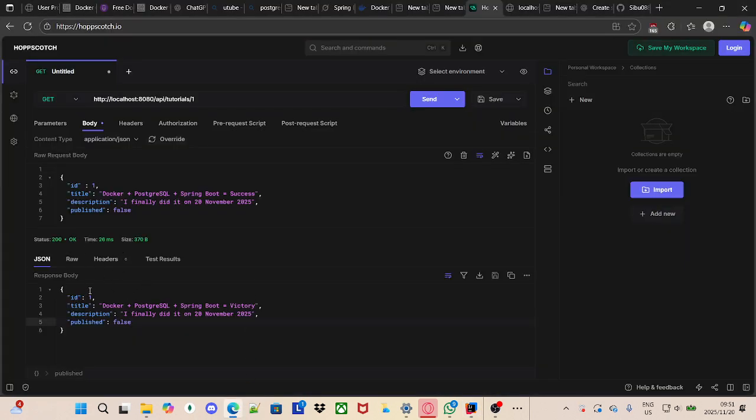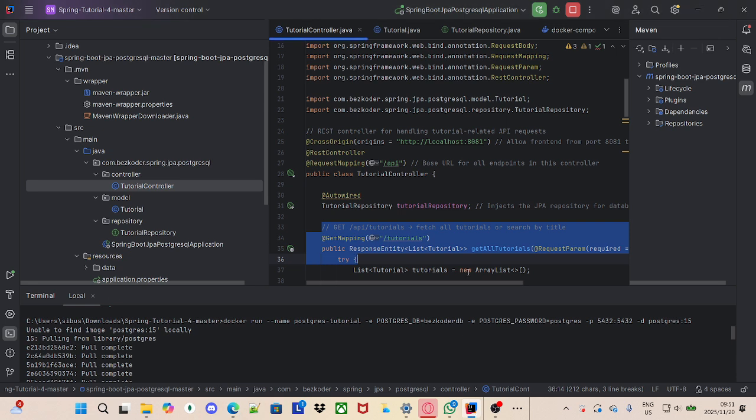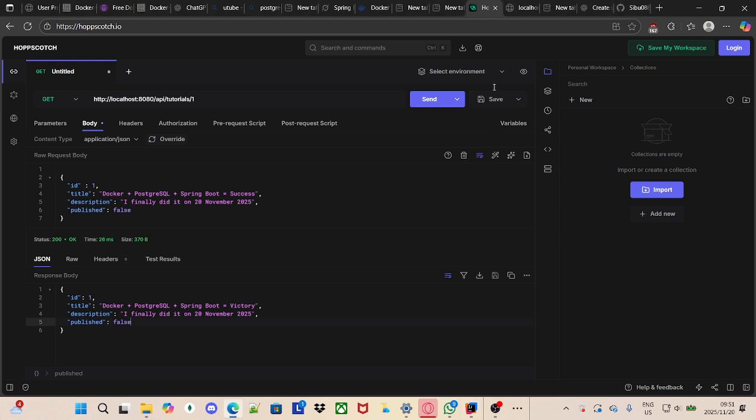I'm using an app called Hopscotch. Hopscotch is like my Postman. It's just that my Postman is not working now. So we have the title, we have the description, and published false, right? And then we have the PUT /api/tutorials/{id}. I just want to show you on my localhost